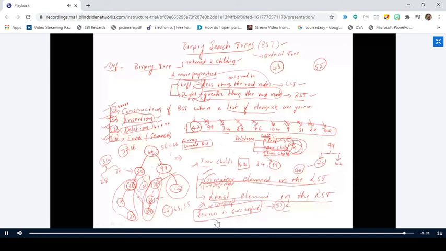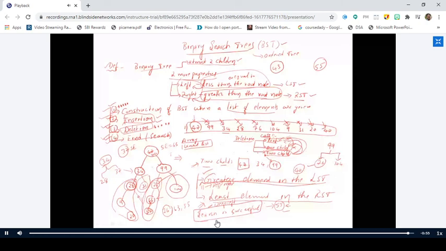In the fifth unit, we have sorting techniques. In the classroom itself, we have discussed all the sorting techniques like insertion, selection, bubble sort, quick sort, and merge sort with all the examples also. And after that, we have trees. In trees, we have binary trees, terminology, representation of trees, and tree traversals, the three types: pre, post, and in order. And now we have completed the search trees, binary search trees, along with different operations. Right. So by this point, we are completed with almost 95% of the syllabus.